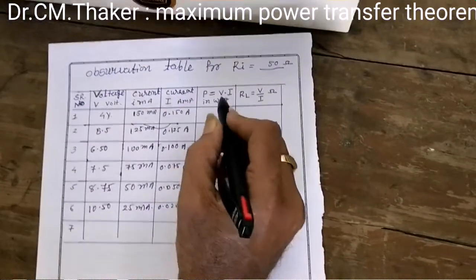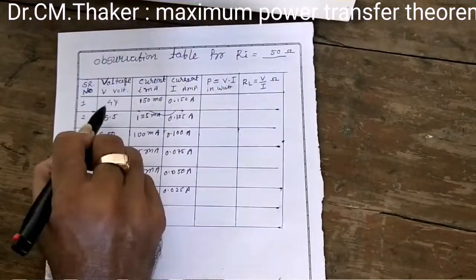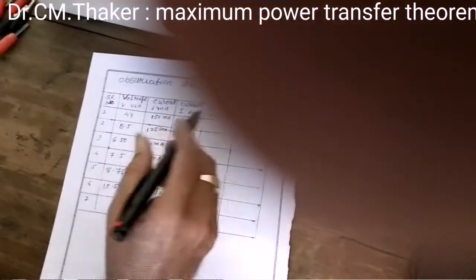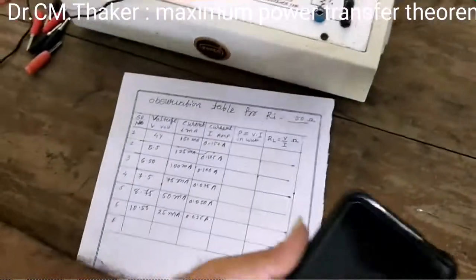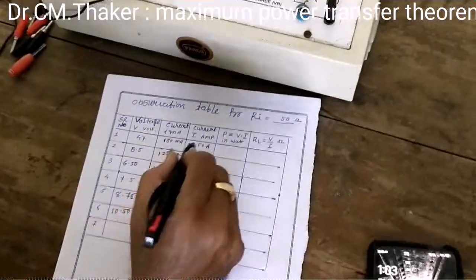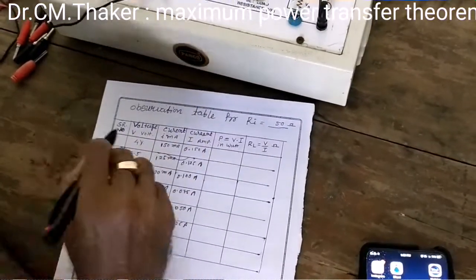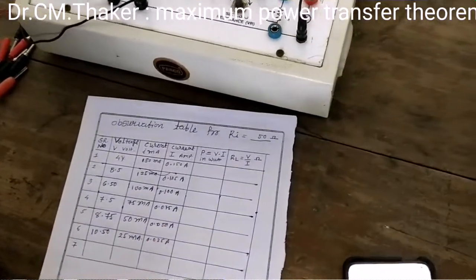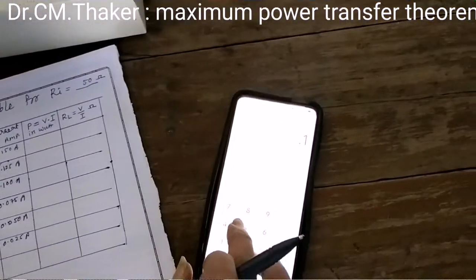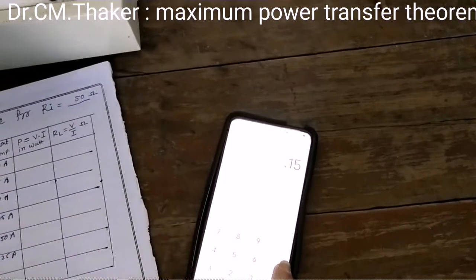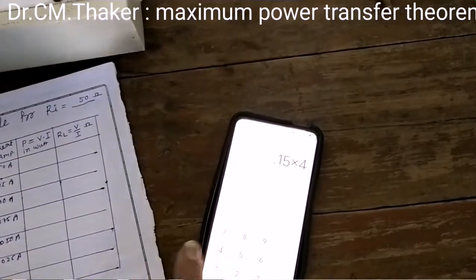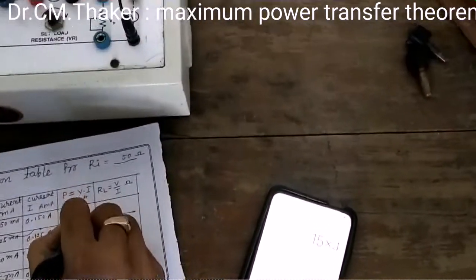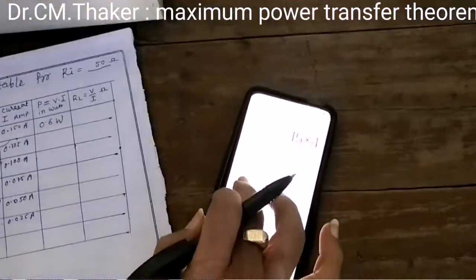Now you have to multiply this current and this voltage, because it is the product that gives the power, and that is why we need current calculations with the voltage multiplications. So 0.15 multiplied by 4 is 0.6 volt, sorry, 0.6 watt, right.